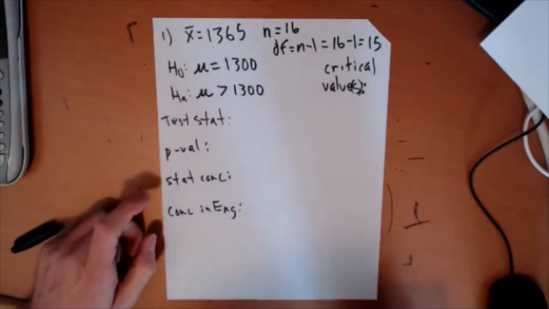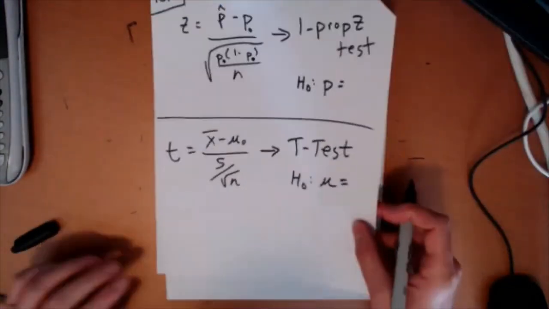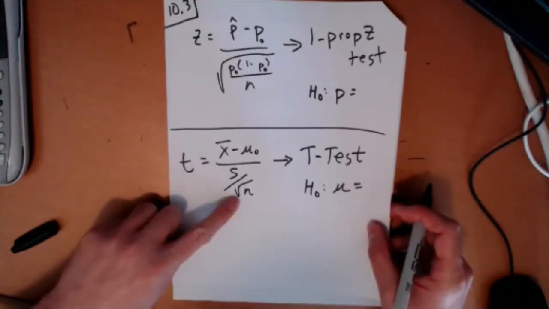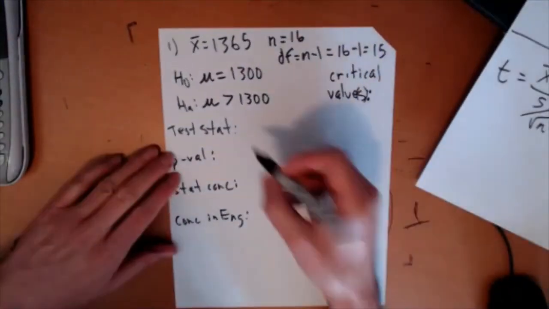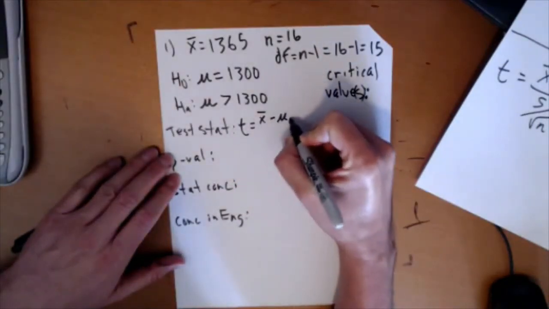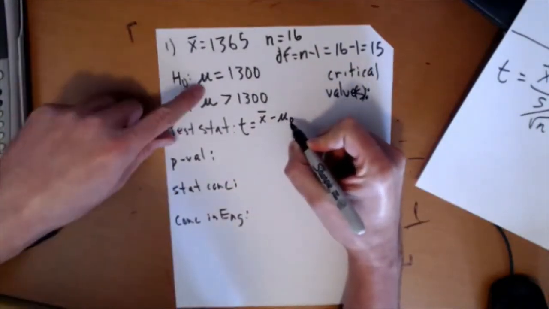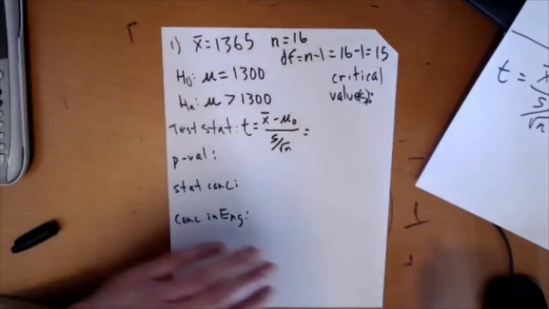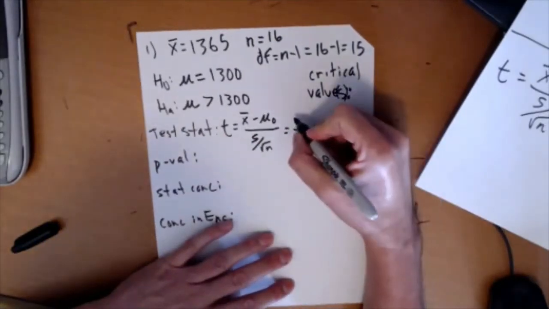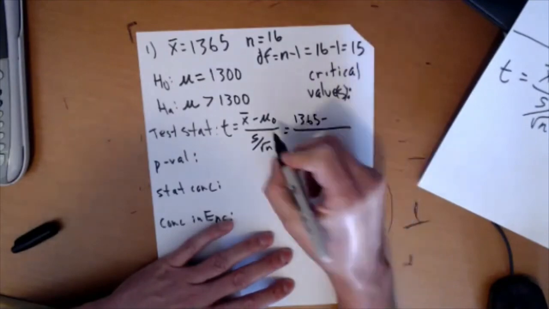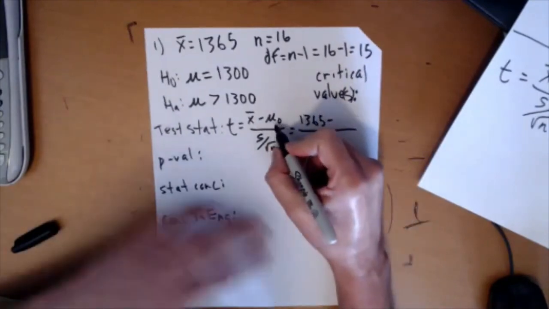Test statistic. So we have a new test statistic. See, it's this one right here. X bar minus mu naught over S over root n. So let me write that down. T equals X bar minus mu naught, the mu mentioned in the H naught, all over S over root n. So that's going to be, X bar we said was 1,365 minus mu naught, the mu mentioned in the H naught,